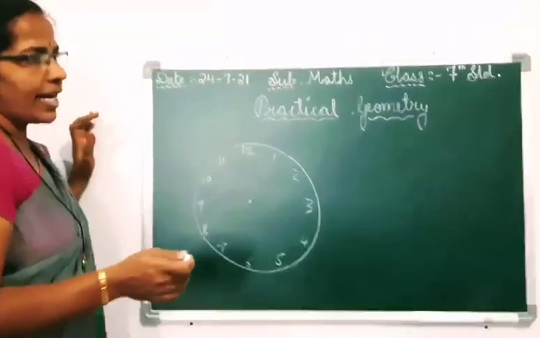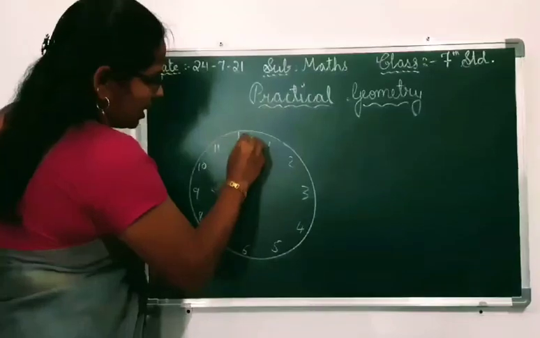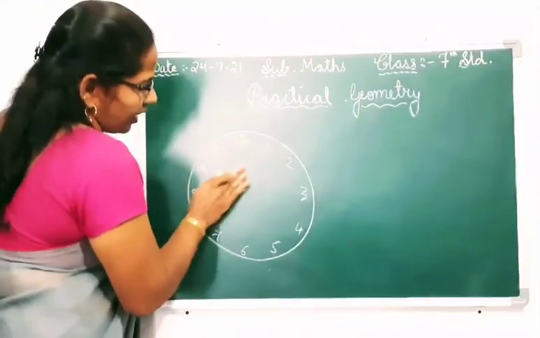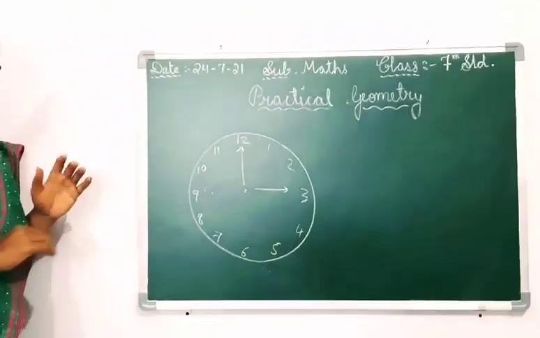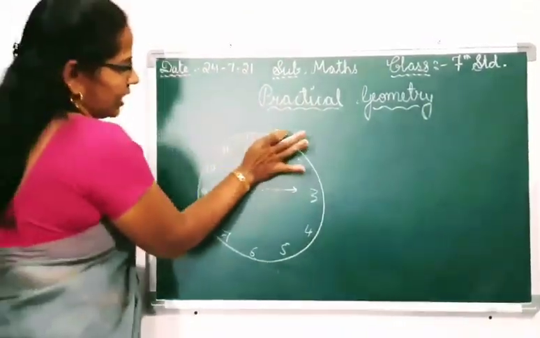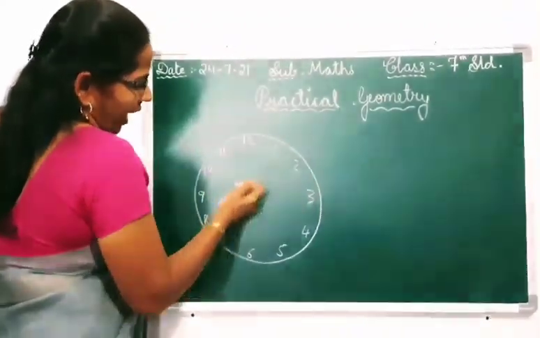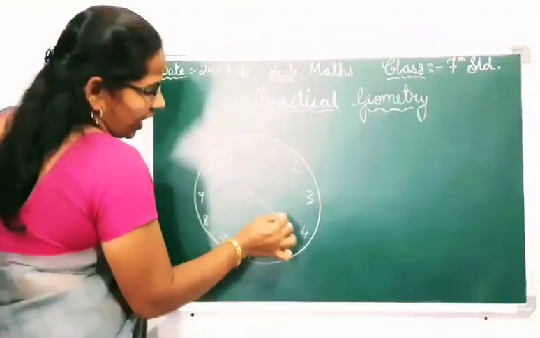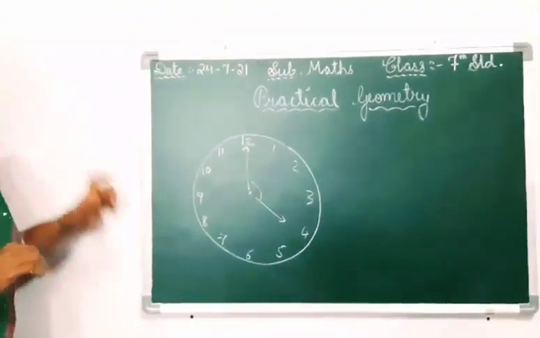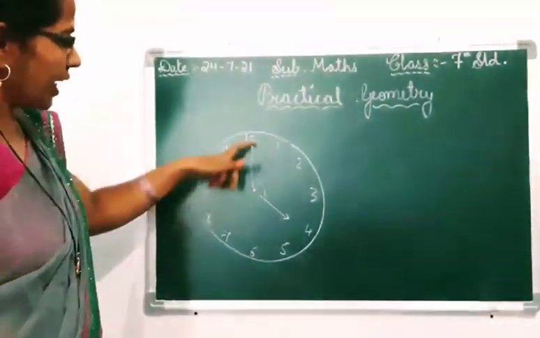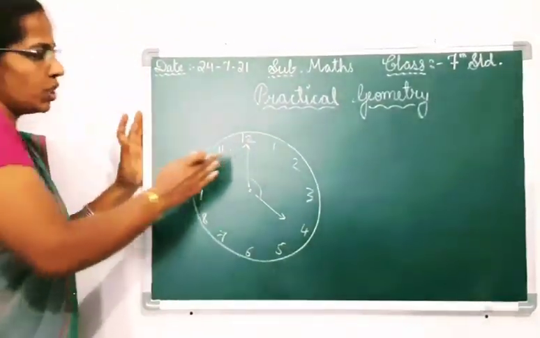Then next one, right angle. It exactly measures 90 degree. Then example, see, 9 o'clock. Okay. Otherwise, 3 o'clock also you can take. Okay, because it measures exactly 90 degree. Then next one, obtuse angle. See children, if time is sharp 4 o'clock, you can observe obtuse angle. Otherwise 7 o'clock, okay, then 8 o'clock or 5 o'clock, then it shows the obtuse angle.